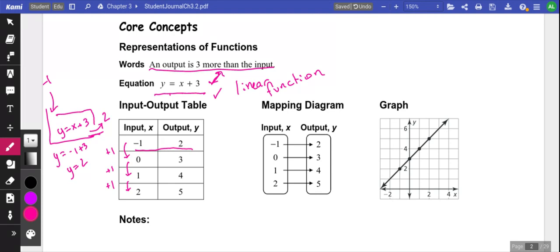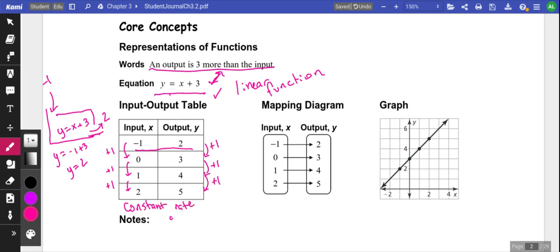In order for it to be linear, it has to be constant for the input and the output. It doesn't have to be 1 over here. It can be a different value, but as long as it's the same for every input and for every output. So from 2 to 3, I add 1. 3 to 4, same, I add 1. And 4 to 5, I add 1. We have a constant